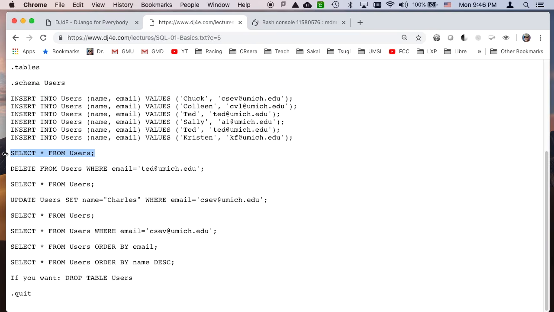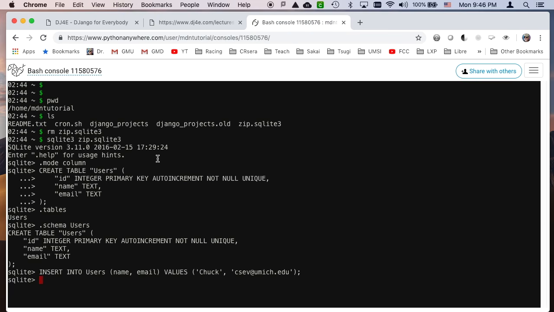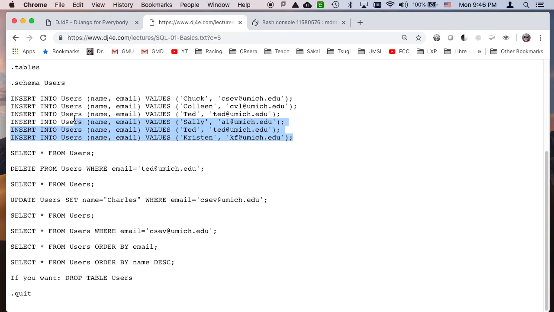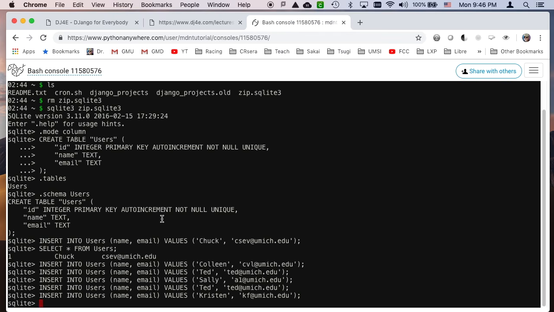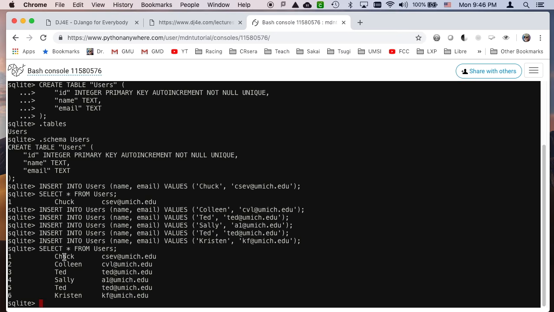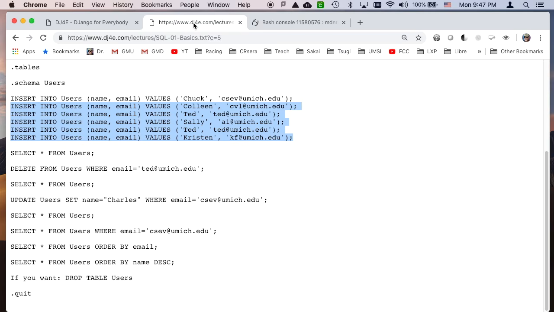We can take a look with this select statement at what we've got. So we see one row, it assigned it a key. That's the ID, that's the name, and that's the email. Now I can paste a bunch of these things in at the same time, save us a little bit of time. Zoom, zoom, hit enter, and I can up arrow to go back to the select star from users. So now we see these are the folks that were inserted. We got 6 rows,